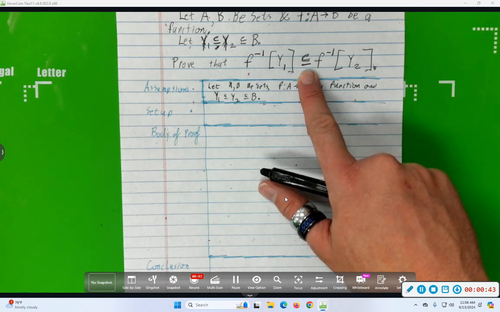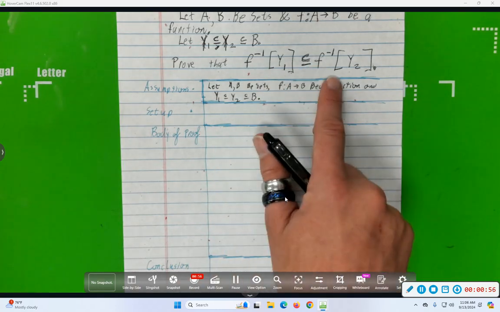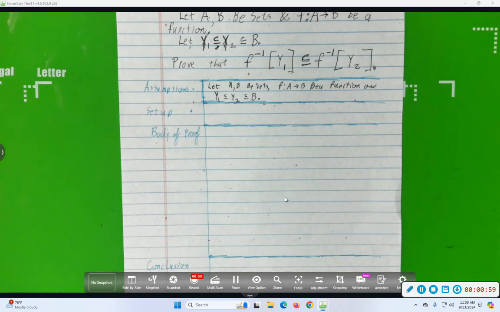How do you prove a thing is a subset of another? What does it mean to be a subset? Yeah, so if you want to show this set is contained within that set, what do you need to prove? Some arbitrary value in the smaller one is in the bigger one. You need to show that everything in the smaller one is in the bigger one. That means you need to prove a universally quantified statement. You need to prove everything in f inverse of y1 has a conclusion. Whenever you want to prove that everything in y1 satisfies some conclusion,